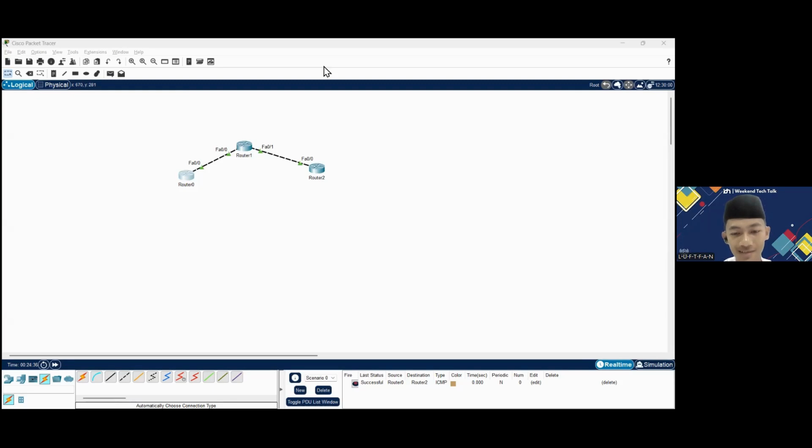Then write again ip authentication key-chain eigrp 10 and the key chain name.